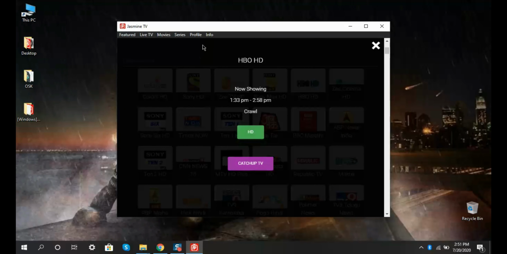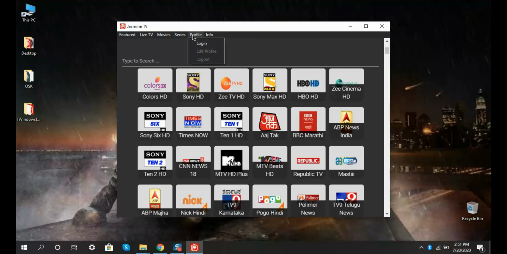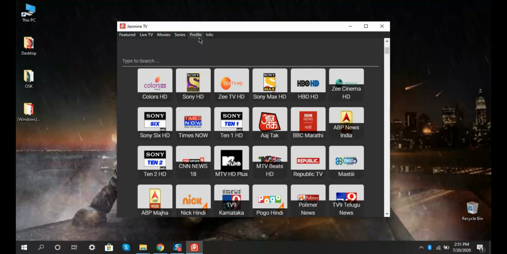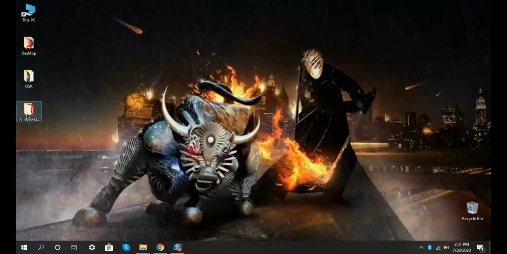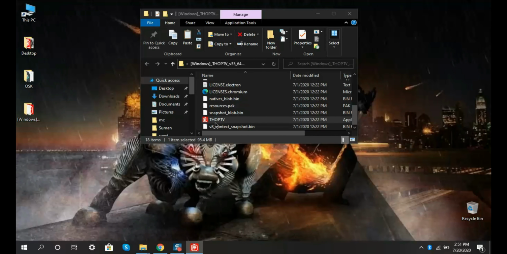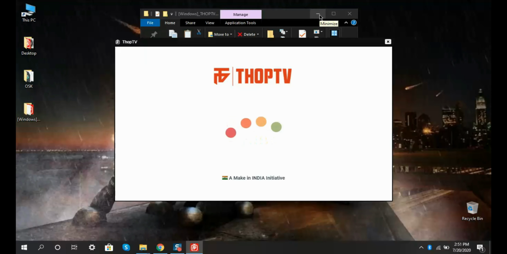So that's why I hope I could share this with you guys as well. So once I have logged out, I'll try to log in again, and let's see. Is it playing? Okay, it's playing still. So let me do it. You log out again and then close this application and then open the application once again just for verification. If I've already logged out, is it displaying or not?